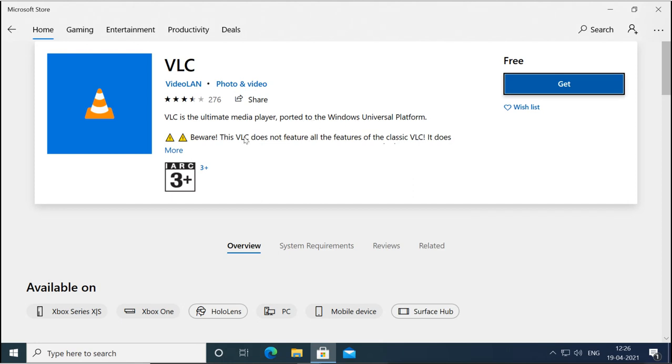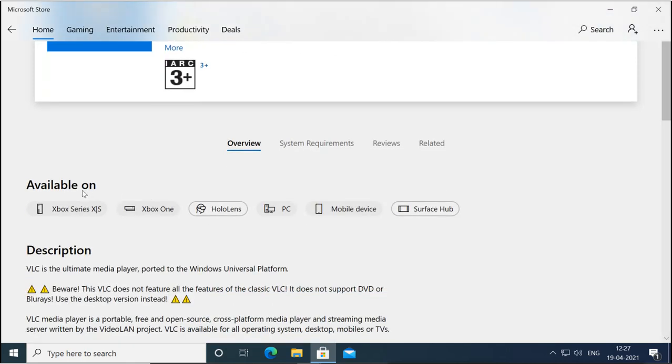Now this one is Universal Platform, that means this VLC is a Windows Universal Platform app, because previously it was only for the desktop, but now it is converted into a Universal app. That means it can be used on the desktop machine and also on tablet and mobile devices. As you can see here, it is available on these different devices, because now it is a Universal app.